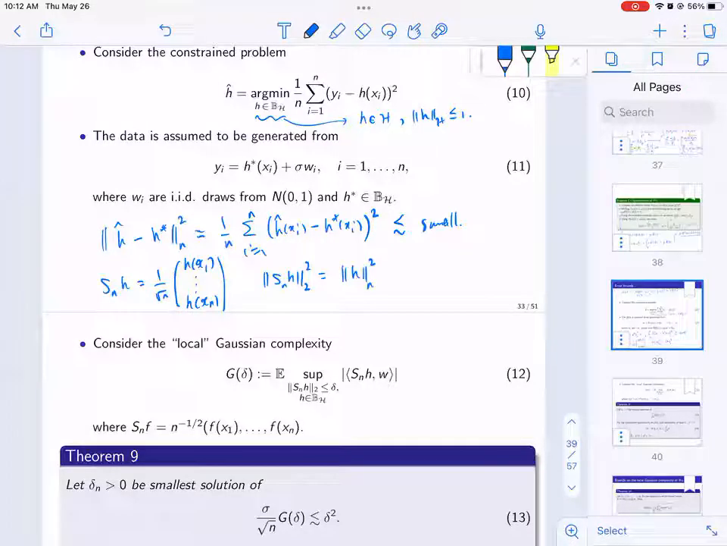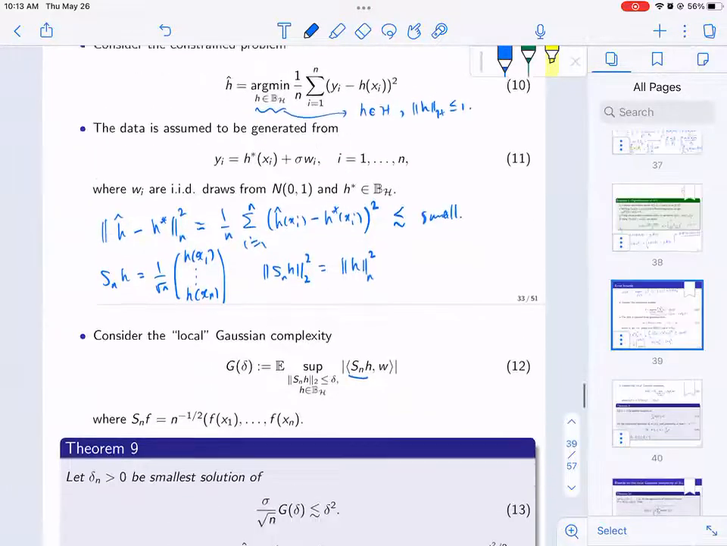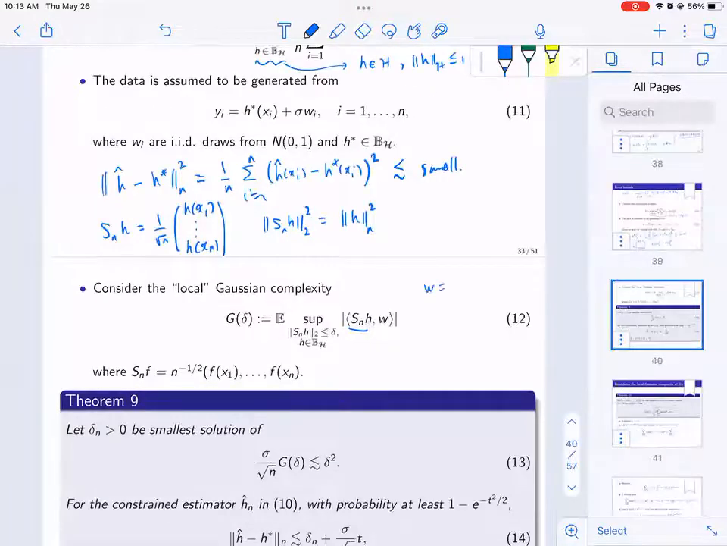Okay, and then I'm defining this so-called local Gaussian complexity. So we look at this Sn h, inner product with W. W is the noise vector here. So W is W1, W2, through Wn. So this is measuring the inner product, the absolute value, supremum over these two sets. And then